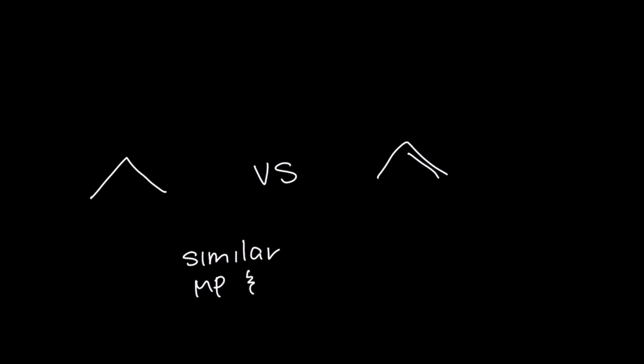Okay, so some of its properties, I'm going to be talking specifically about melting point, boiling point, and stability. So for melting point, let's take a look at, let's say, propane versus propene. They're going to have very similar melting points and boiling points. So, in other words, alkenes are going to have very similar melting points and boiling points as their corresponding alkanes. So, for example, these would have approximately equal melting points and boiling points. However,